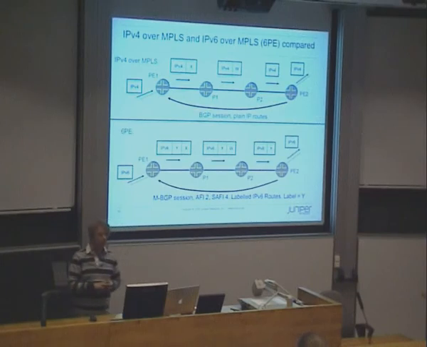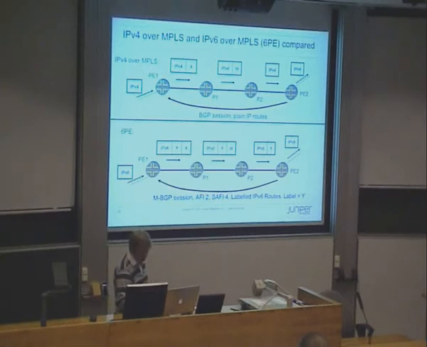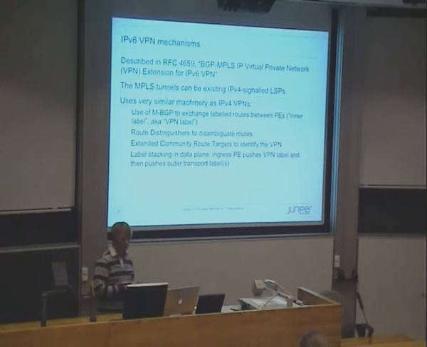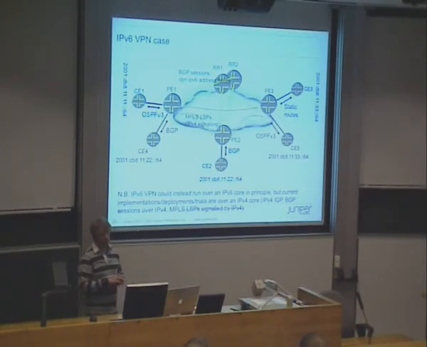And this is the model with IPv6 over MPLS, where you use AFI and SAFI values to create it. AFI 2 is for IPv6 and AFI 1 would be IPv4, and SAFI 4 means it's MPLS in question. So that is multiprotocol BGP used in this case. And when we talk about IPv6 with VPN mechanism, it doesn't change the game at all. Basically, the AFI values are different,